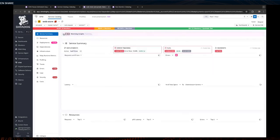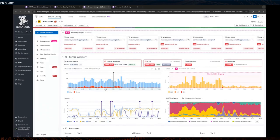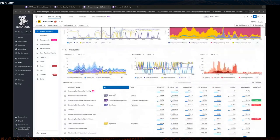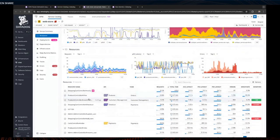insights that it's capturing regarding any errors that it's identifying, as well as provide details on the service summary. So deployments, it's going to give me the ability to see, okay, if there are particular versions of the software that the web store is using that is creating additional requests, additional errors. You can basically see all of the different information associated with latency, the resources, any P95 or P90 latencies, P99, and then all the different resources, so all the different units of work that are associated with the actual web